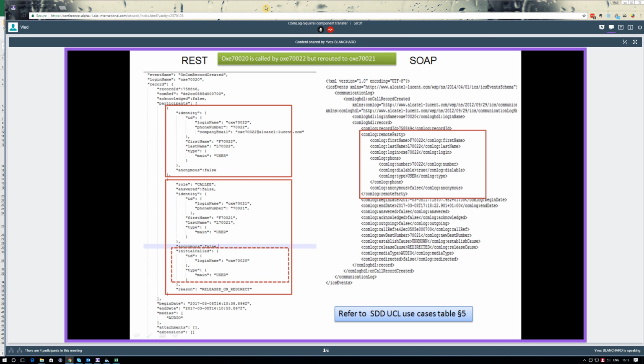Again, the outgoing way is false, which means it's an incoming. Here we will find a real square which is redirected, and we find the new destination number is filled with the new destination. And in the rest logic,